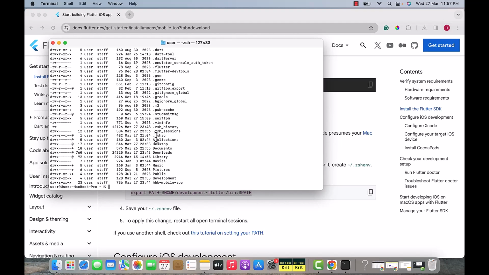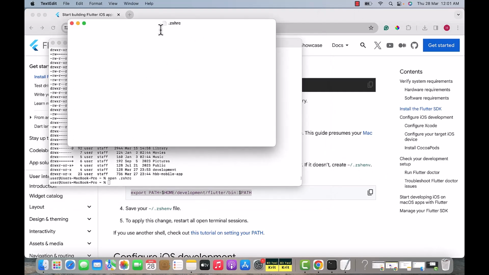And there you can see I got this .zshrc file. In your case you are going to get this file, or you may have the .zshenv file. As I got this file, I am going to open it. To open it, we write the command open, and then we type the file name, which is .zshrc, and in your case it will be .zshenv if you got the env file. Press enter. You can see this .zshrc file is opened, and now inside this file we need to